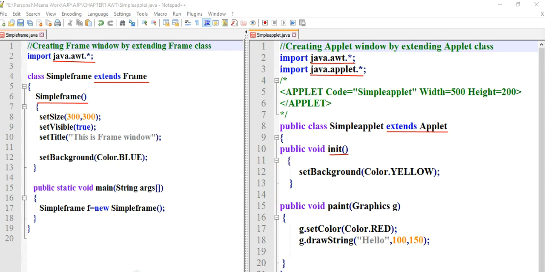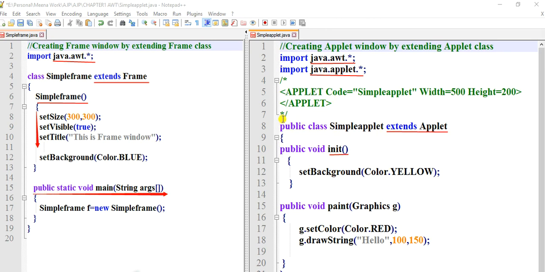Now in the frame window these three methods are required, which are not required in the applet window. Now one more difference: there is a public static void main in the frame window, but it is not available in applet.